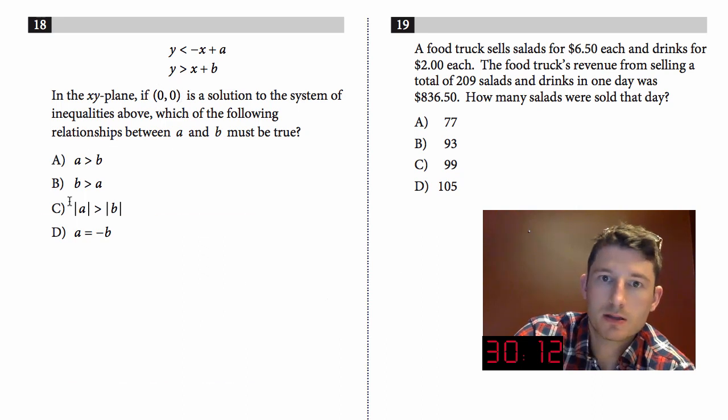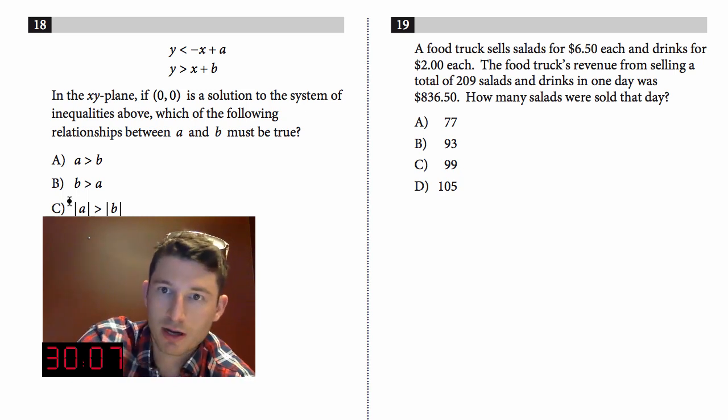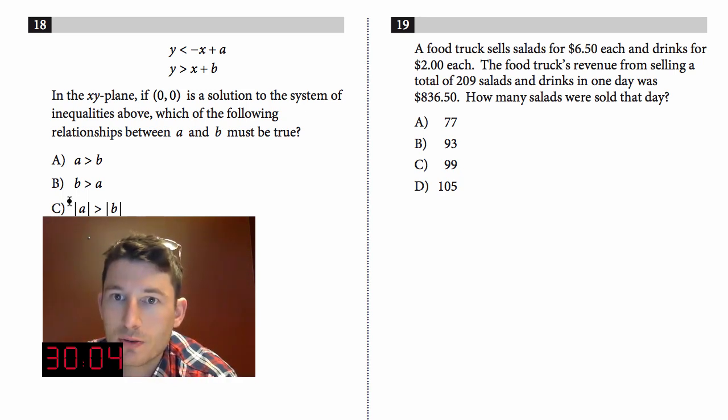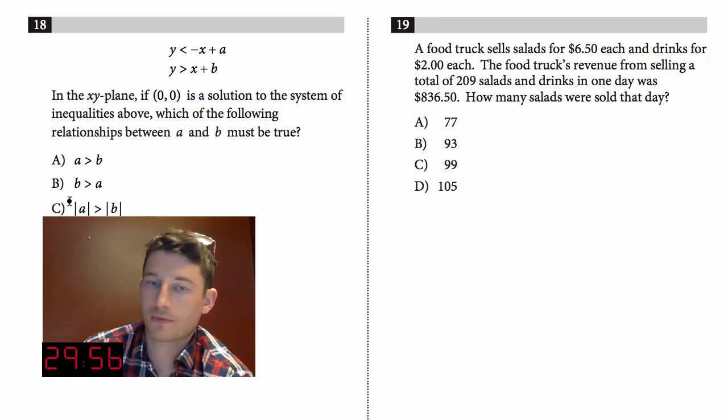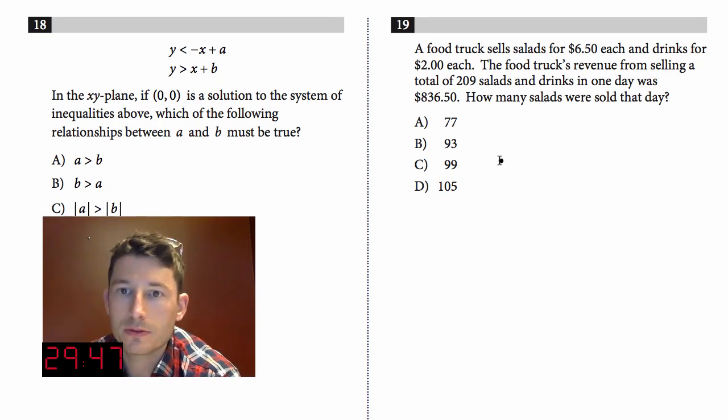Okay, 19. A food truck sells salads for $6.50 each and drinks for $2 each. The food truck's revenues from selling a total of 209 salads and drinks in one day was $836.50. So this is a system of equations, so you've got to know how to set these things up. Here's how I would do it. I would do food truck sells salads for $6.50 each, so it's $6.50 a salad plus $2 a drink gives you a grand total of